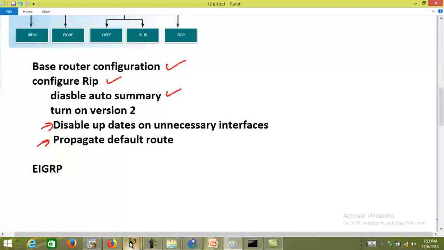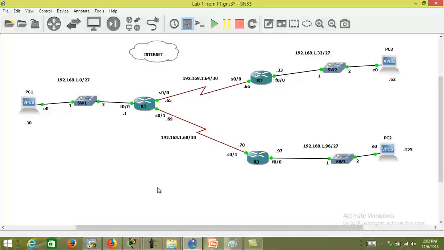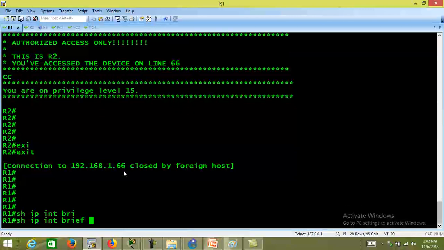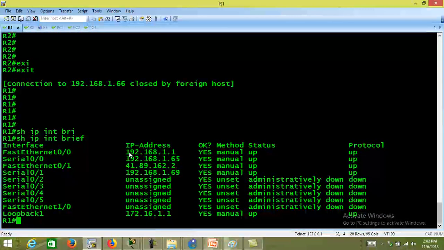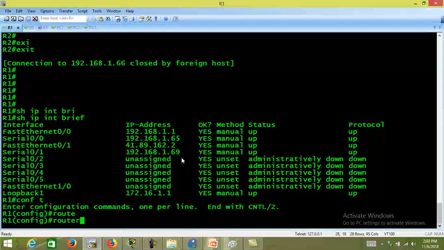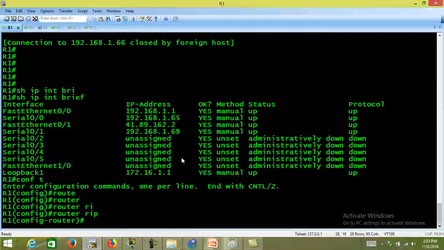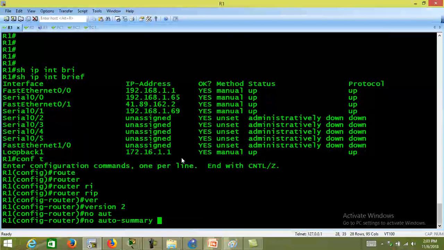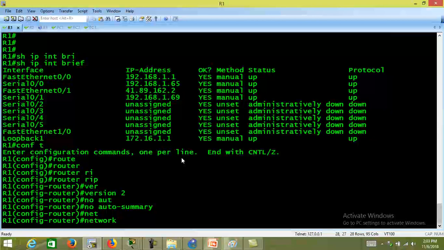Where is that? So let me get back to configure RIP. You just go to, and I think we are now all gurus when it comes to configuring RIP and all that. So you just take the directly connected networks, or the networks that this router here knows about. So you go to router RIP. I said you do version 2, no auto summary, and with RIP you type the networks in